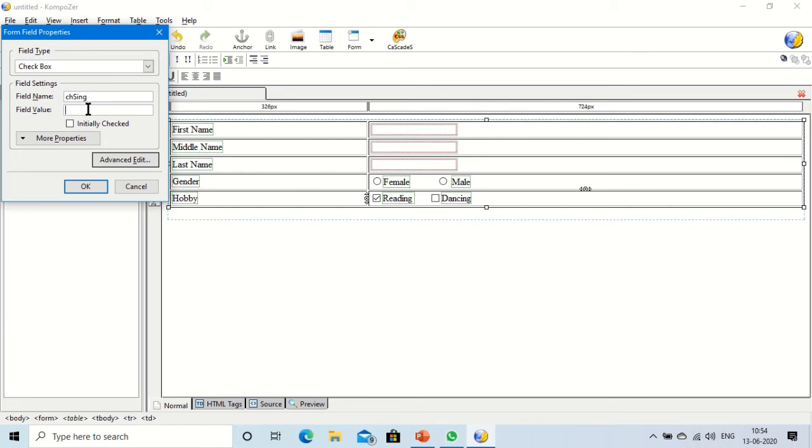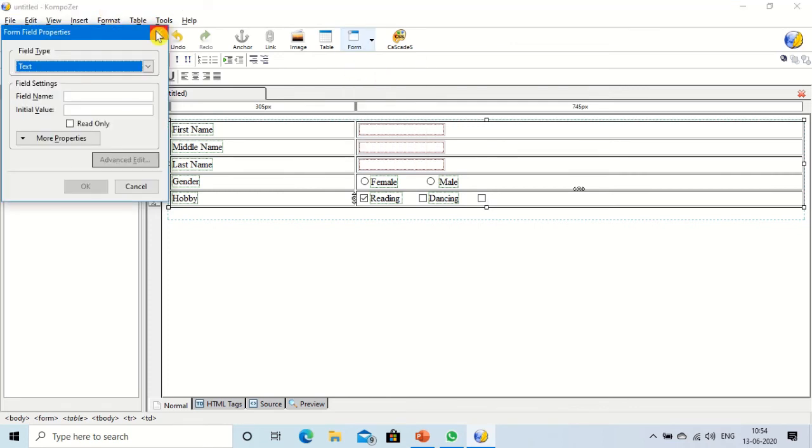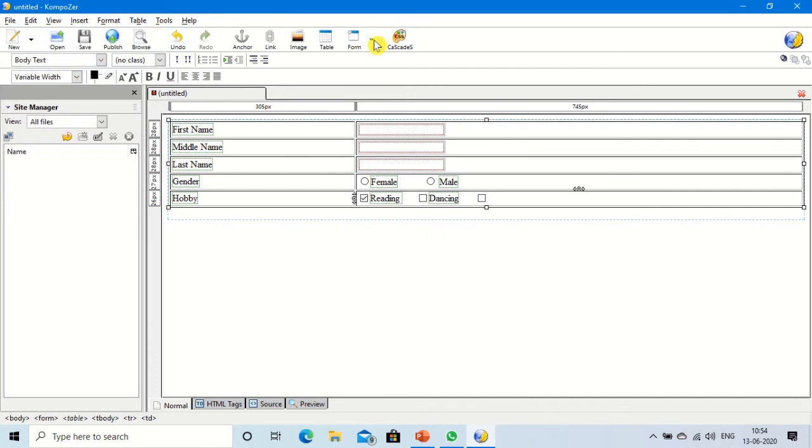In the field value you write singing and click on OK. Now insert a label, go to the form and insert define label, write here singing.